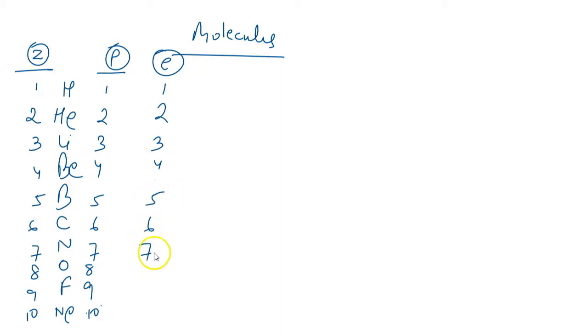But in case we want to find the number of neutrons, then for this we must also remember their atomic masses. So if you look at the periodic table, the atomic masses that you will find, roughly I'll write the atomic masses of hydrogen, helium and all. So you will find